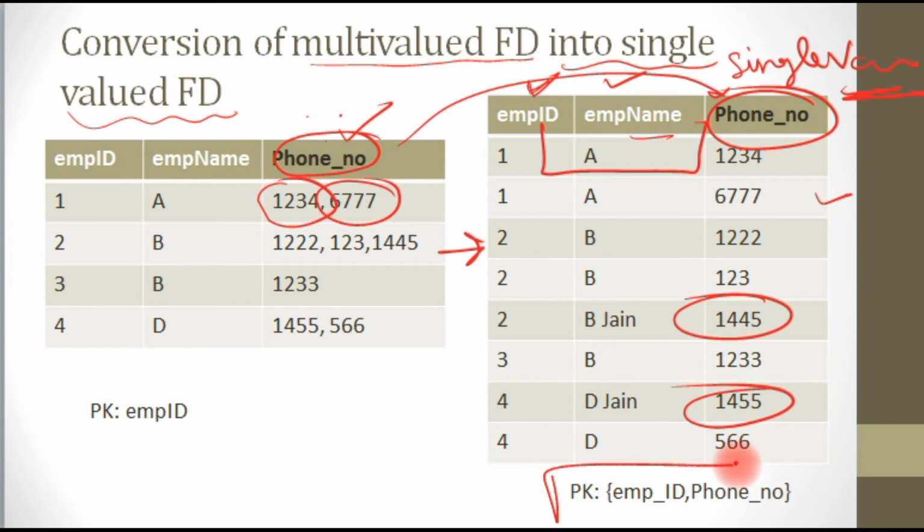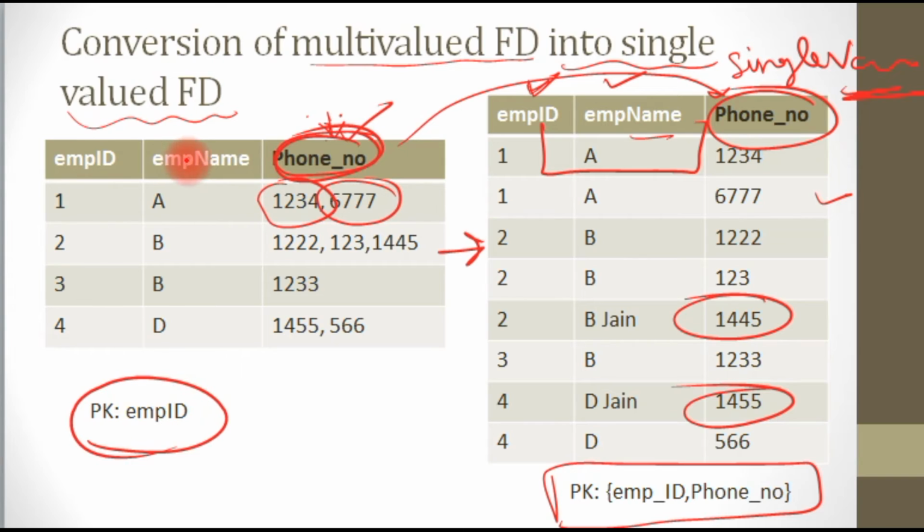So that's why we have the primary key. So what do you understand? If you want to make a multi-valued attribute a single-valued attribute, then make this attribute part of the primary key. In this there was no functional dependency which can determine this multi-valued attribute. That's why make this multi-valued attribute part of the primary key. So now we have this relation in first NF, first normal form.